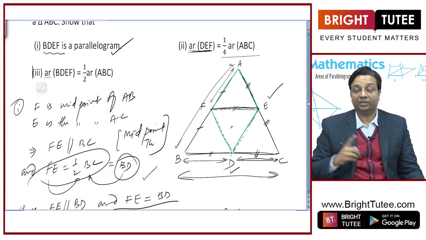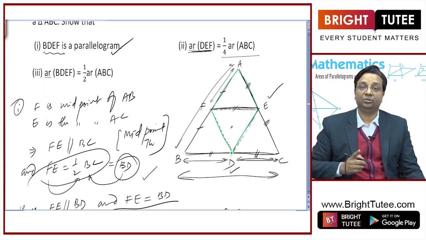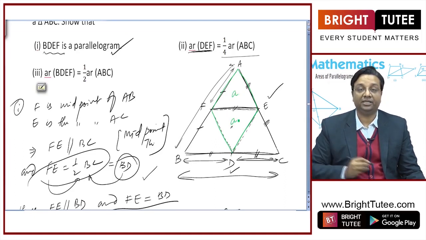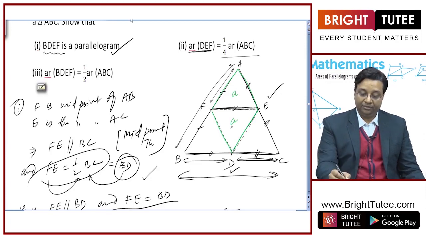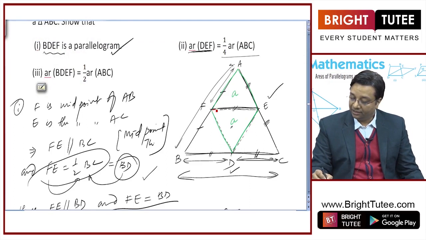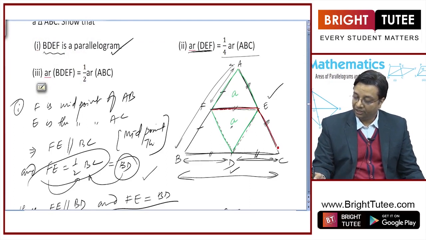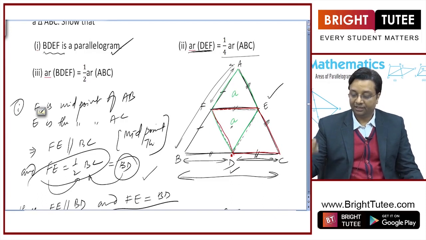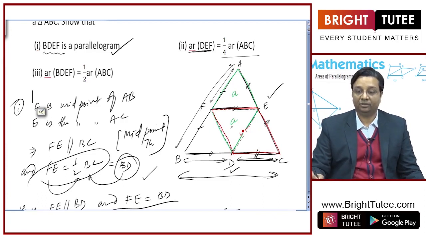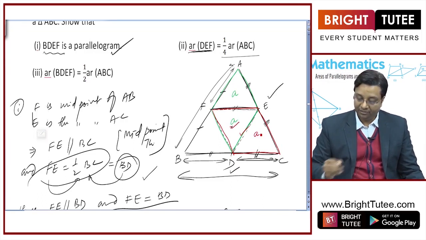right? So diagonal of a parallelogram divides it into two equal areas. So if I say area of this triangle is A, what will be area of this triangle? This will also be A. Now let me show you another parallelogram. This here is another parallelogram that we have proved, FECD, and DE is its diagonal. So it will also divide it into two equal areas. So if this is A, this will also be A. Similarly,